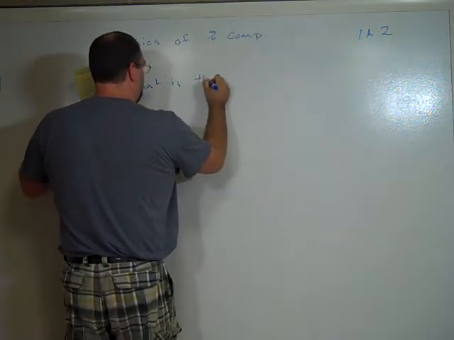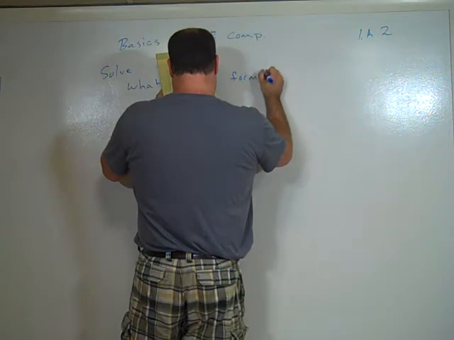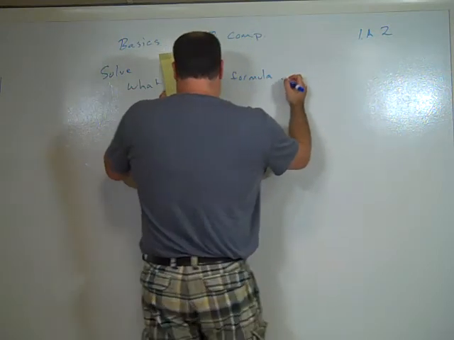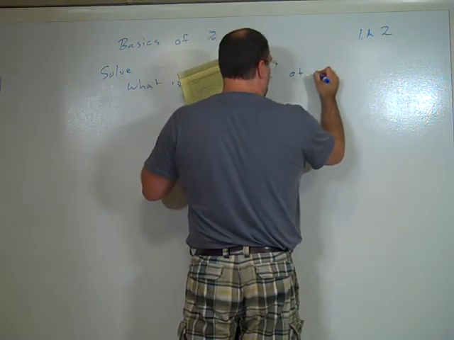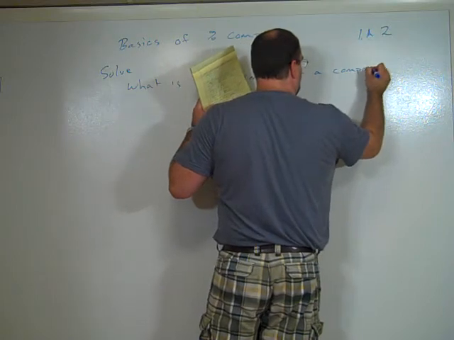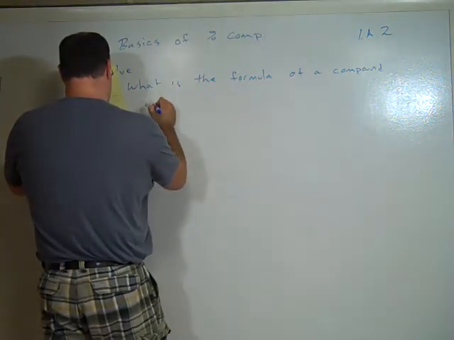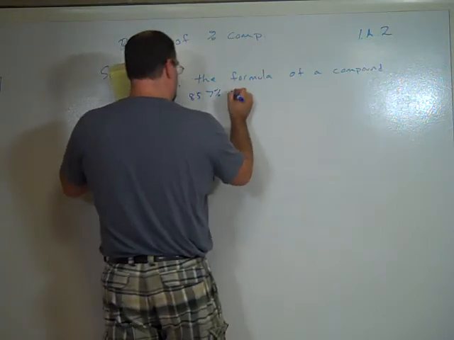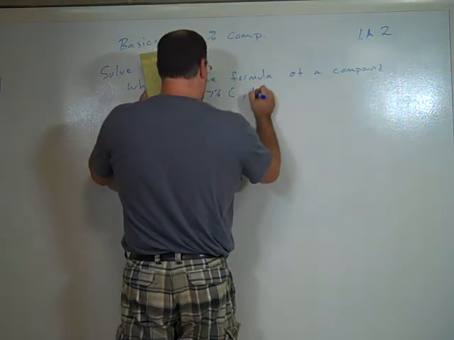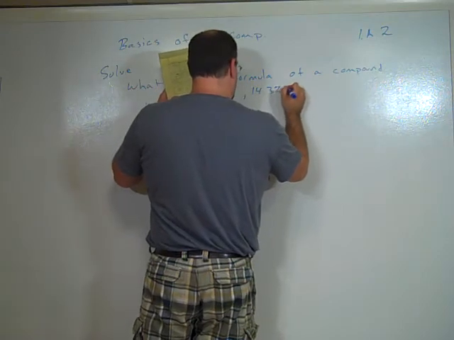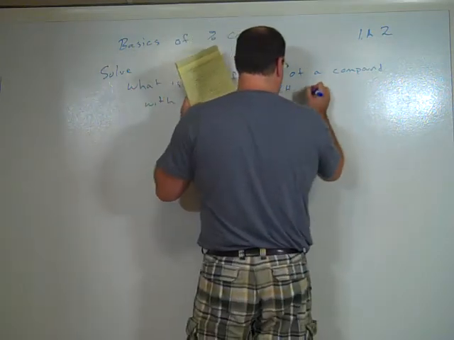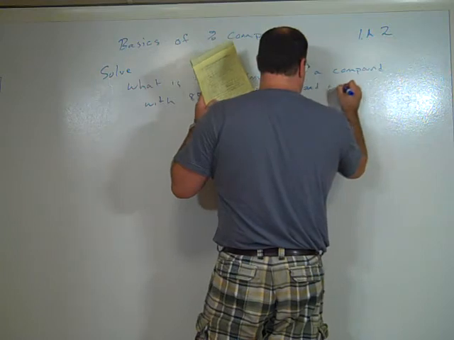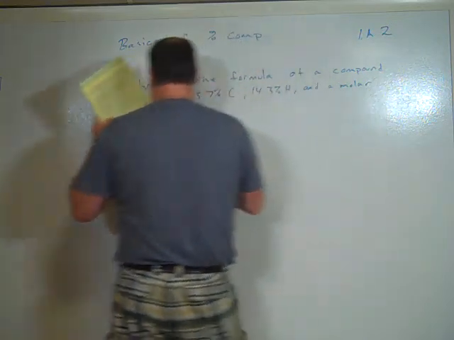What is the formula of a compound with 85.7% carbon, 14.3% hydrogen, and a molar mass